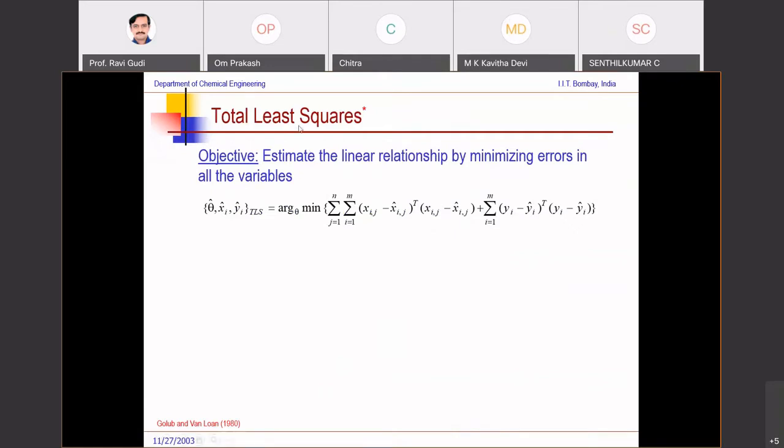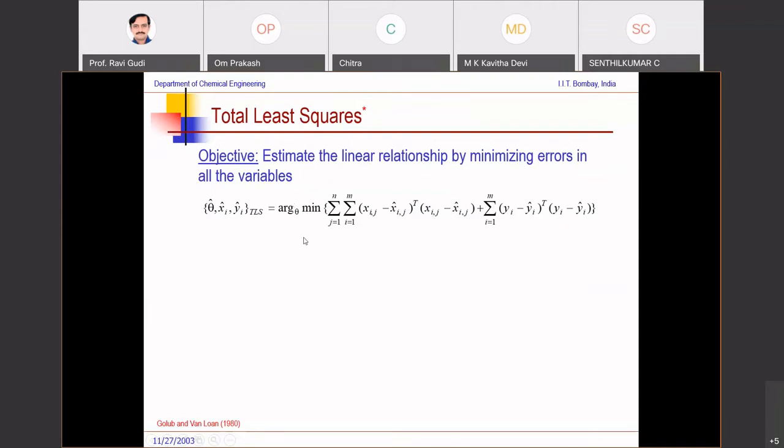So then it becomes something called a total least squares problem, where our problem is that we have Xij's, which are our measurements. We have Yi, which are our responses. Now, what we plan to do in this approach is basically we would like to estimate the clean X, which is what we call X hat. We would like to estimate the clean Y's also, which is what we call the Y hat. And we would like to estimate theta, which is the relationship between Y and X. And this is really the total least squares problem as written theoretically.